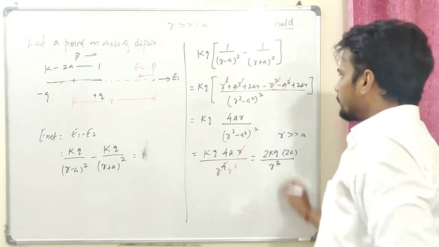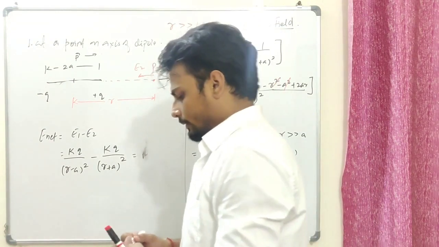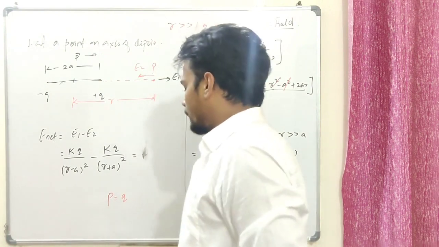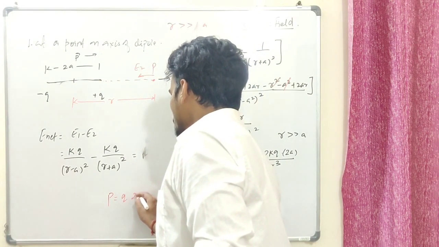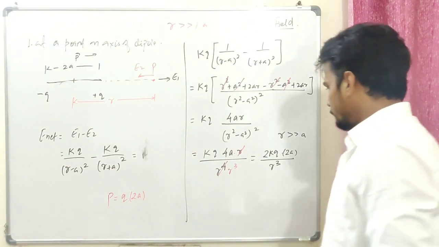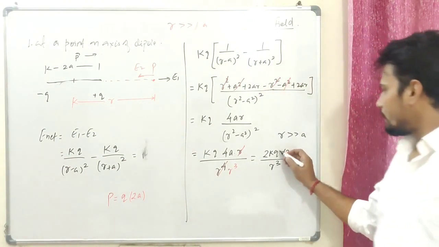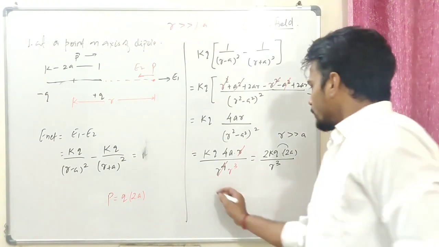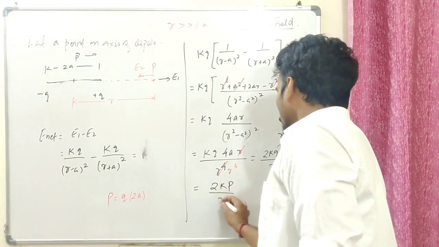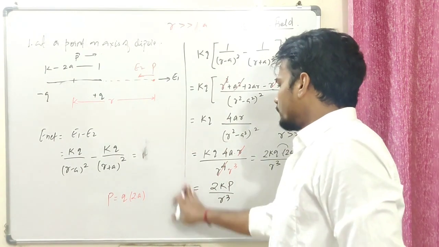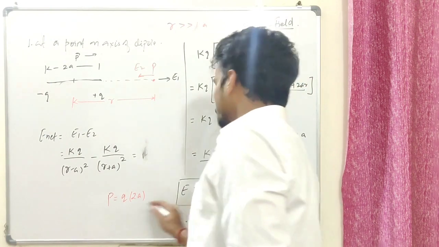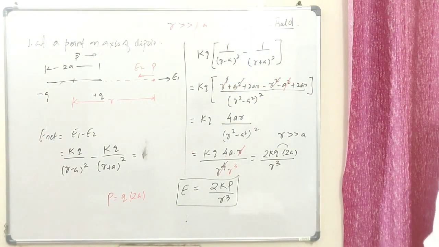I'm going to tell you right now. We know that dipole moment is given as the magnitude of charge and the distance between them, which is 2A. That's the dipole moment of this dipole. Well, so can I say this is going to be Q times 2A, which is the dipole moment. So I'm going to have 2K P over R cube, and that is the net electric field on the axis of a dipole. Guys, quickly note it down.